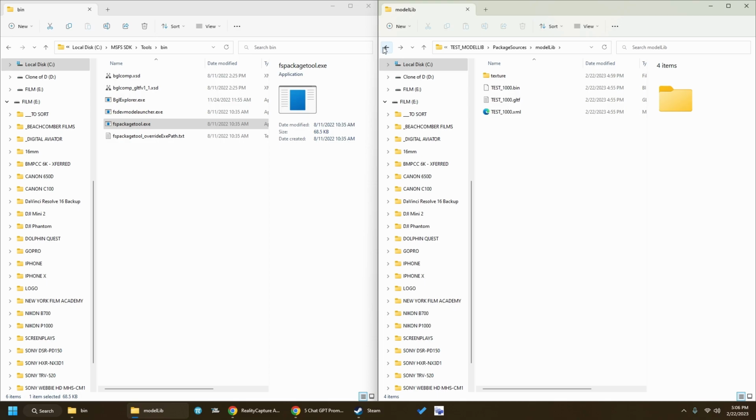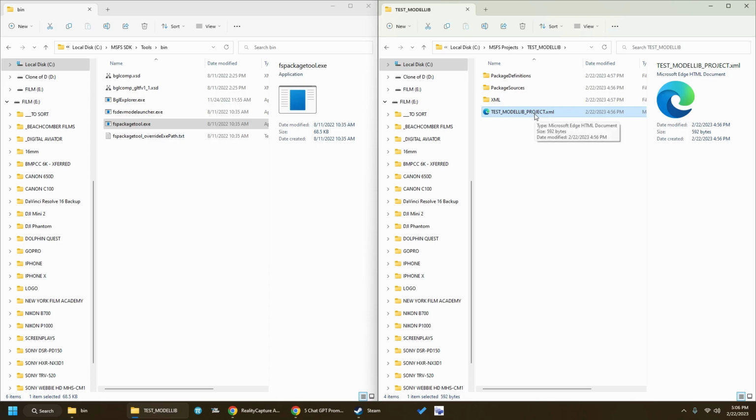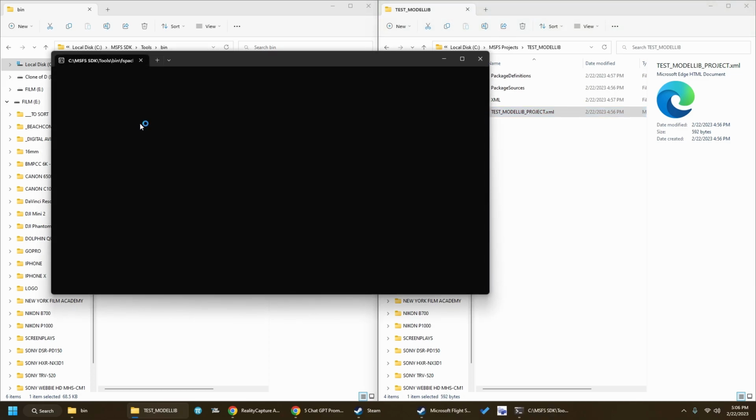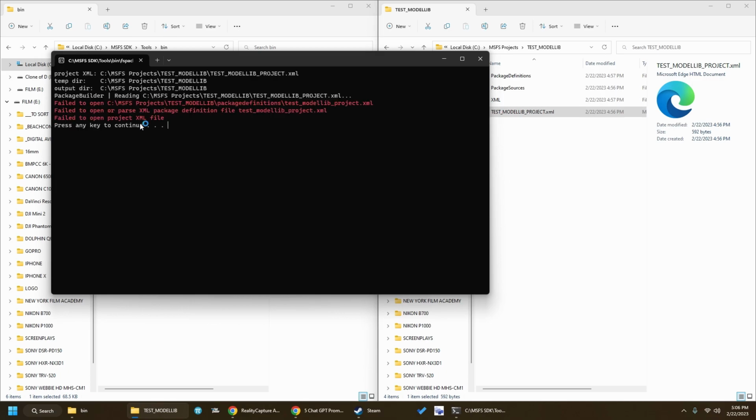So we have package sources, test model library, packet, yeah. Rather than launch Flight Simulator to generate the XML, I'm going to click and drag this project over. It will build the scenery project without actually having to launch the sim. The reason I'm doing it this way right now is